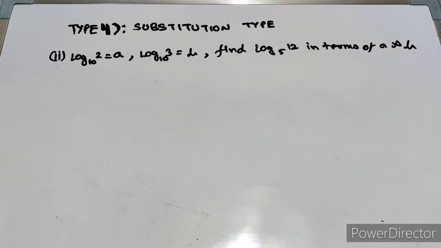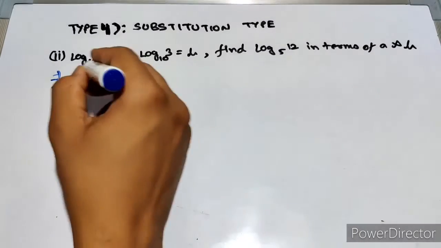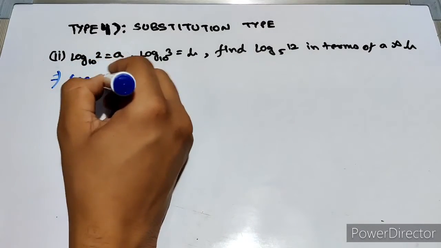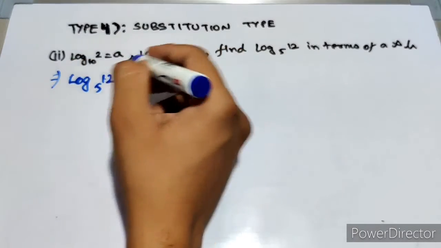So the final question of this lecture is based on the substitution type only, and it goes like, if log 2 base 10 is equals to a. In the last question they have given the value, and in this question they have just given the variable, so the answer will also be in the variable. So it is given as a, and log 3 base 10 is equals to b. Then we have to find log 12 base 5 in terms of a and b. So first I want you all to try once and then see my solution if you do not get it. So we have to write log of 12 base 5 in terms of these two. Okay,